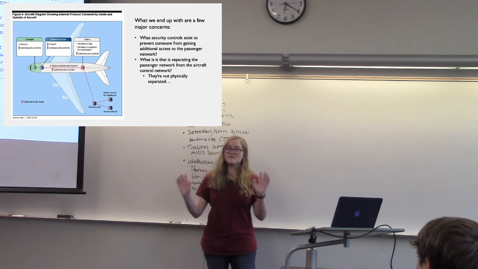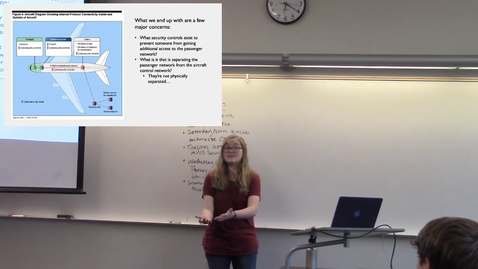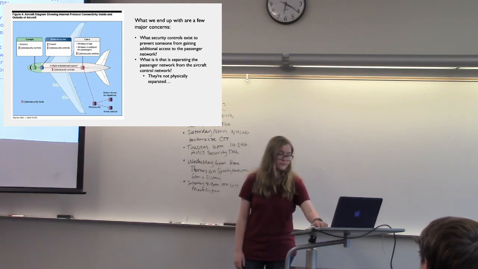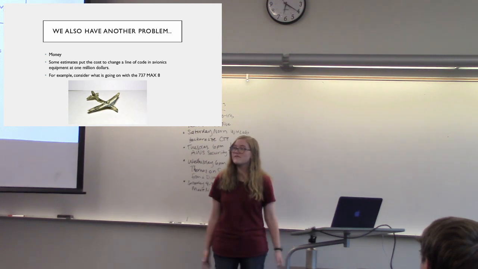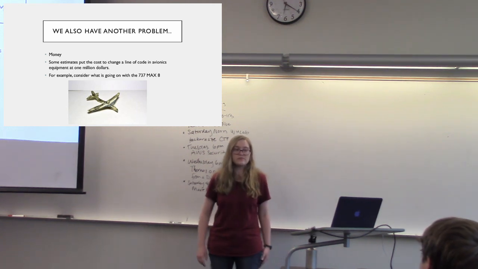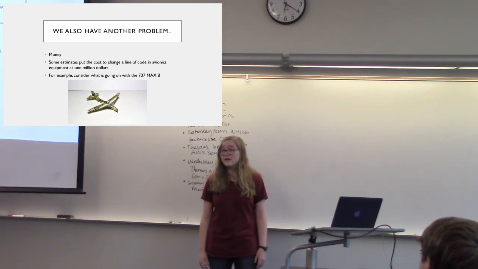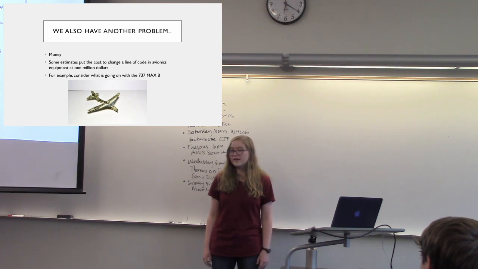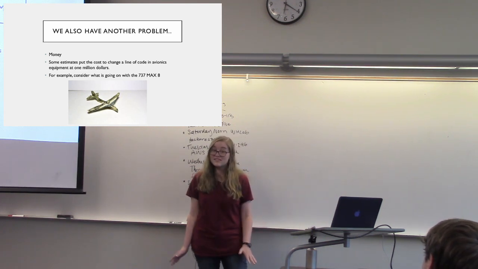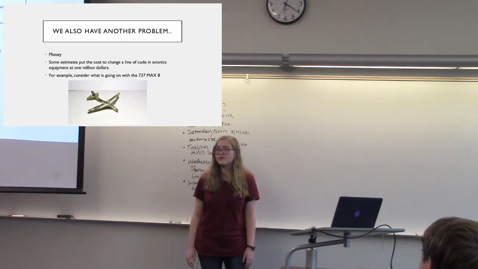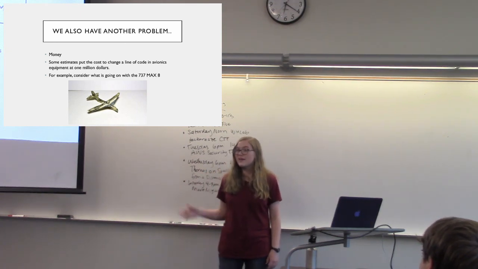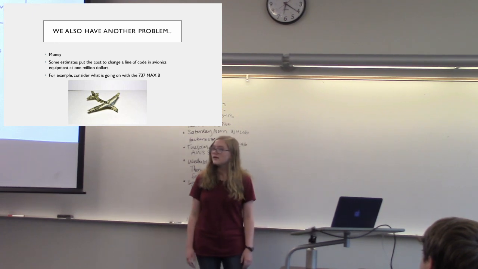So we're just left with this vague idea of they're connected somehow. On top of all of this, airplanes have a very unique security challenge in terms of costs. One estimate I found put the cost of changing one line of code in an avionics system at around $1 million, which makes sense if you consider it through the lens of, say, the Boeing 737 MAX crisis thing that's